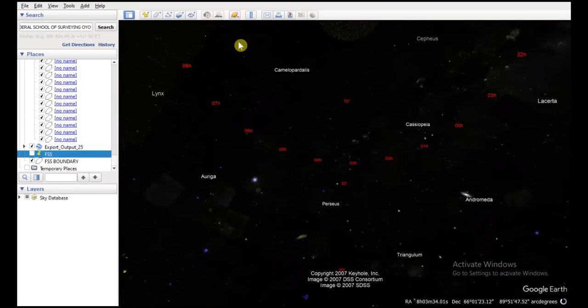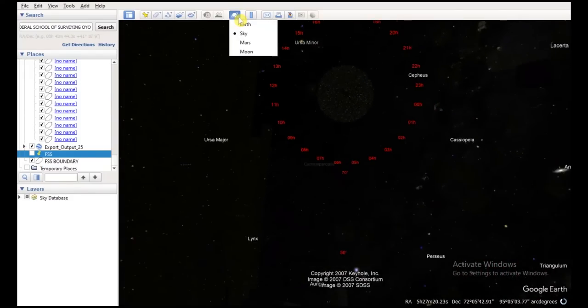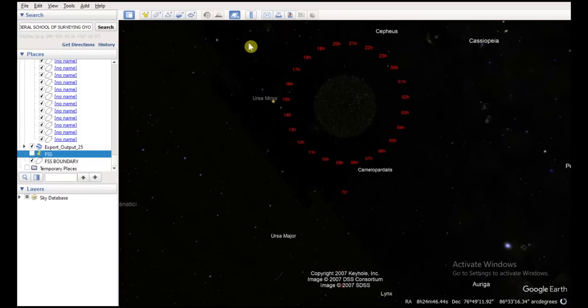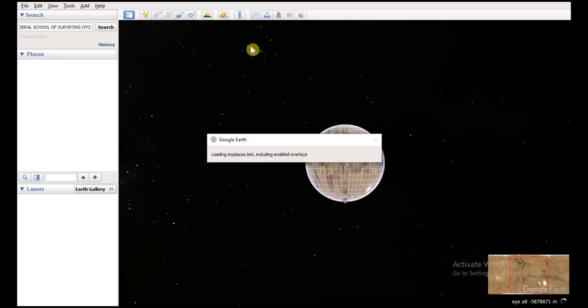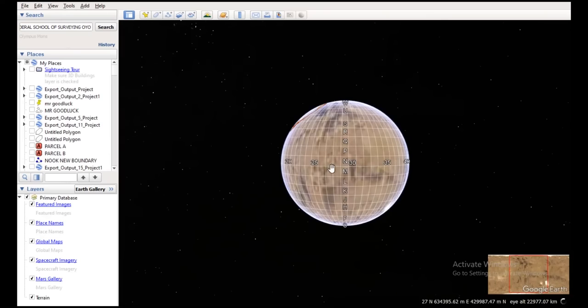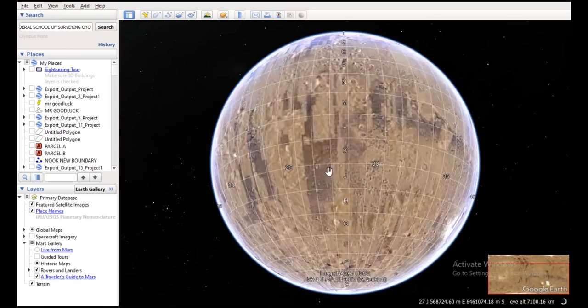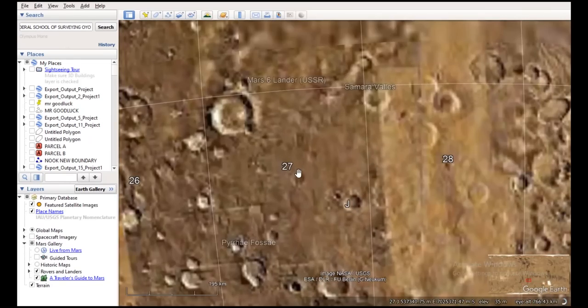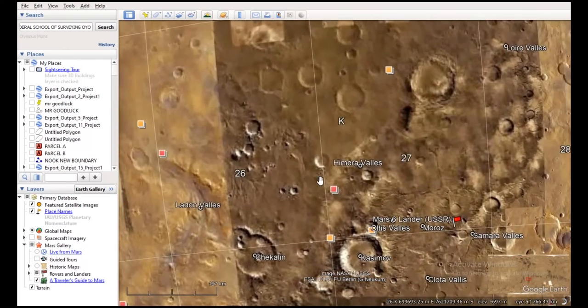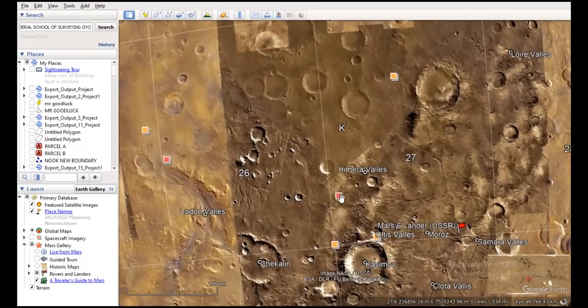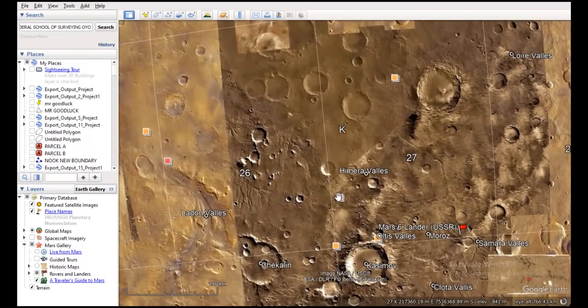These are the stars. These are the constellations. I just want to quickly show you. This is Mars. Can you see? I think all these things that you are seeing are expeditions that they've done, that Tesla